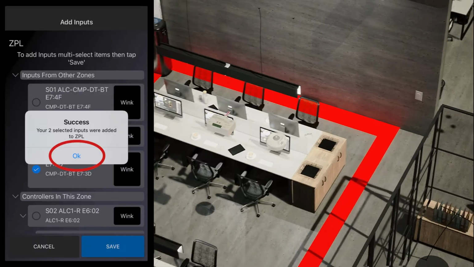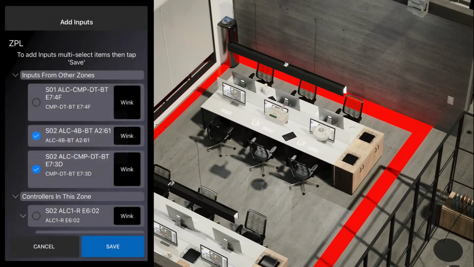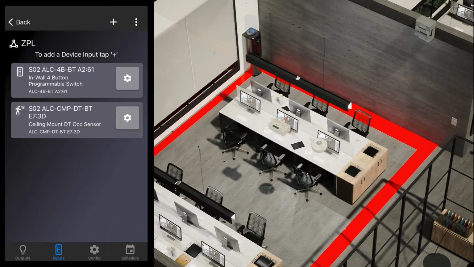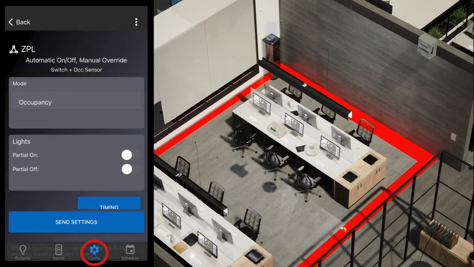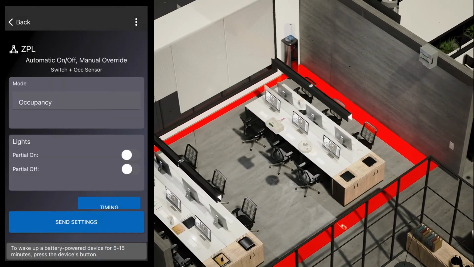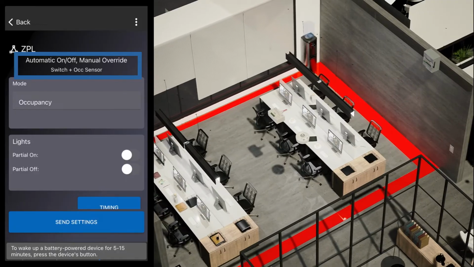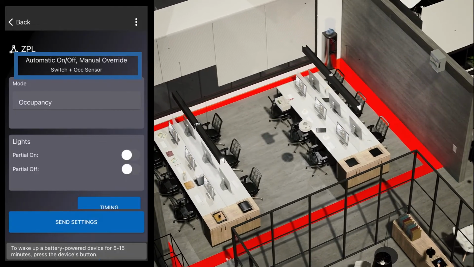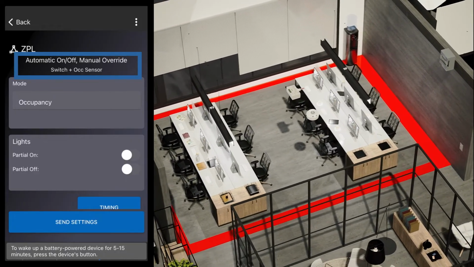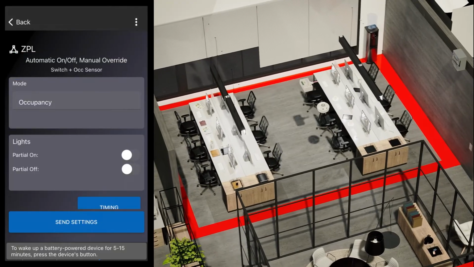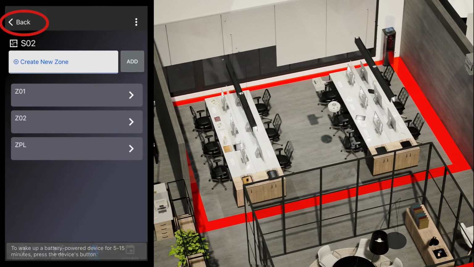When complete, press OK. To configure the plug load zone, select the gear icon at the bottom of the screen. As with the lighting zones, the plug load will automatically turn on if the space is occupied and will have a manual override. We will keep the default settings and hit the back arrow.